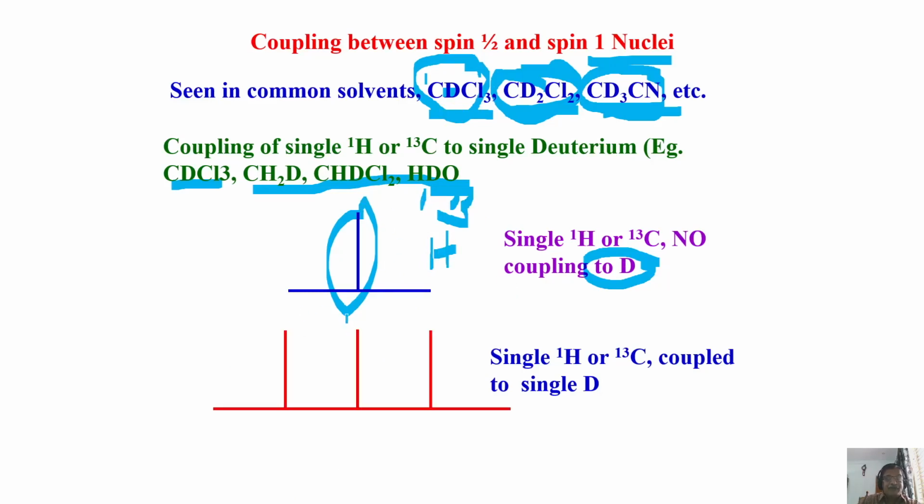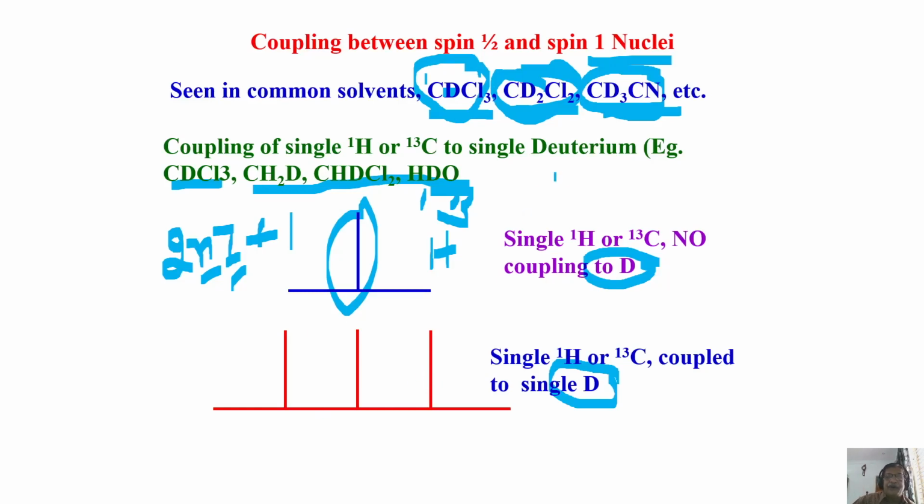The moment I bring in the coupling, it will be a triplet. Not triplet, that is the wrong word, because triplet is 1:2:1 in NMR jargon. It is 3 lines of equal intensity. Why 3 lines? Because deuterium has spin 1. When it is spin 1, you put it into the equation 2nI plus 1, and you will understand how many peaks you are going to get. n is equal to 1, I is equal to 1. You get 2 plus 1, 3 peaks, of equal intensity. This is the advantage. In the case of deuterium, of course, we also have a Pascal triangle for this. I'll show you when we go ahead later.